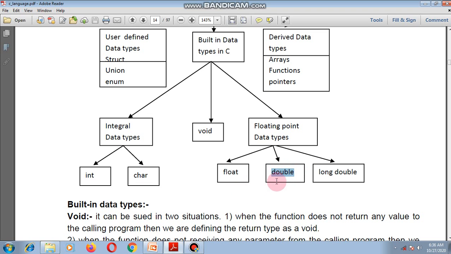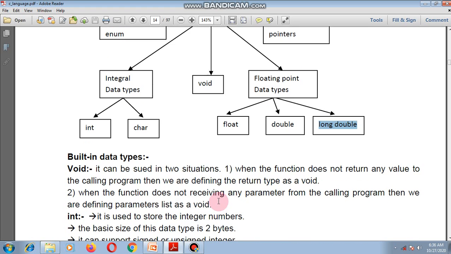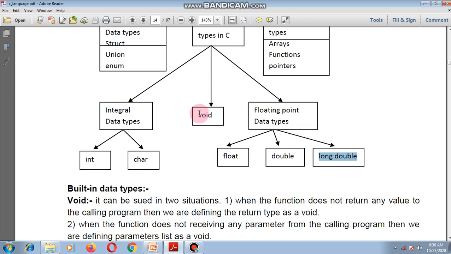The double data type is used to store float numbers with the size of 8 bytes. The long double data type is used to store float type values with the size of 10 bytes.